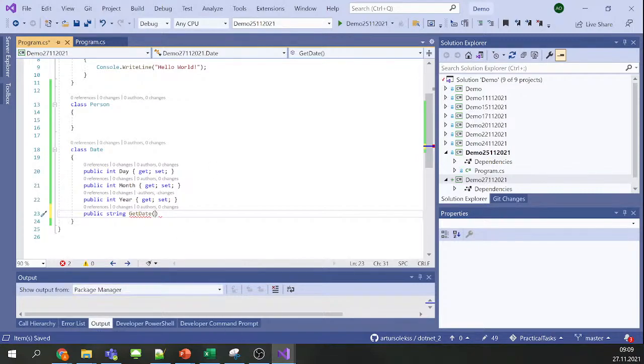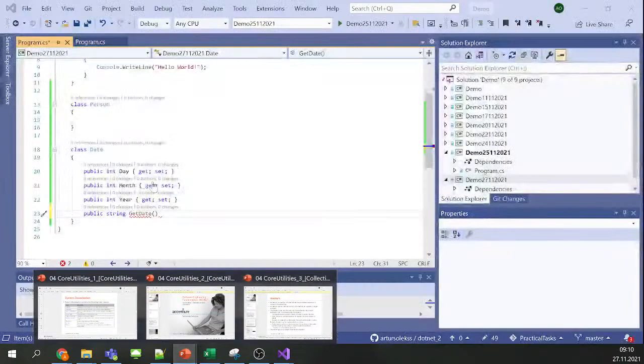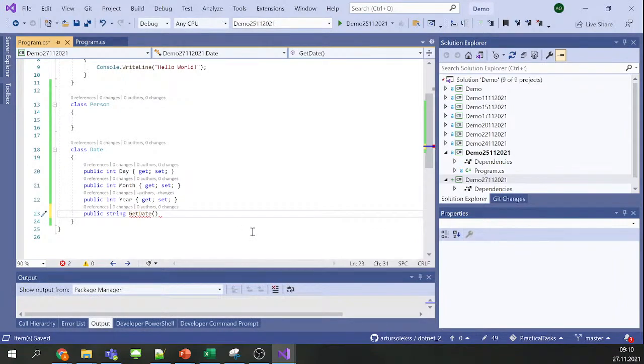So let's say I need to provide a country, and for the country, I guess we can use a string. That would be fine. So into the country,